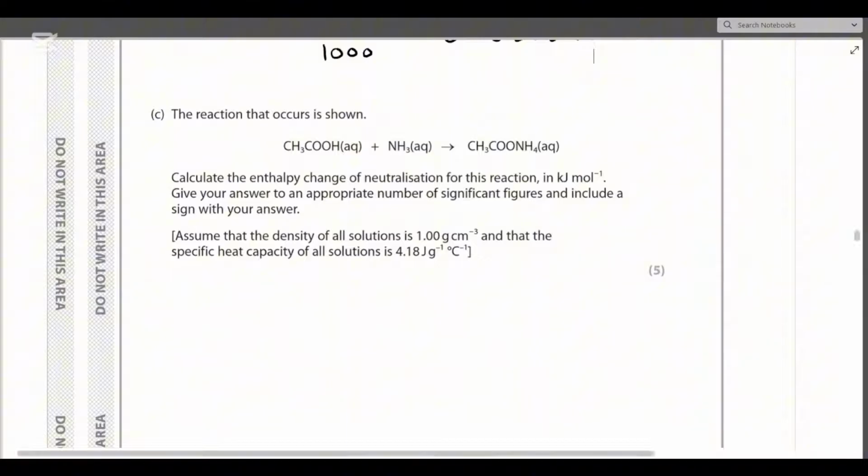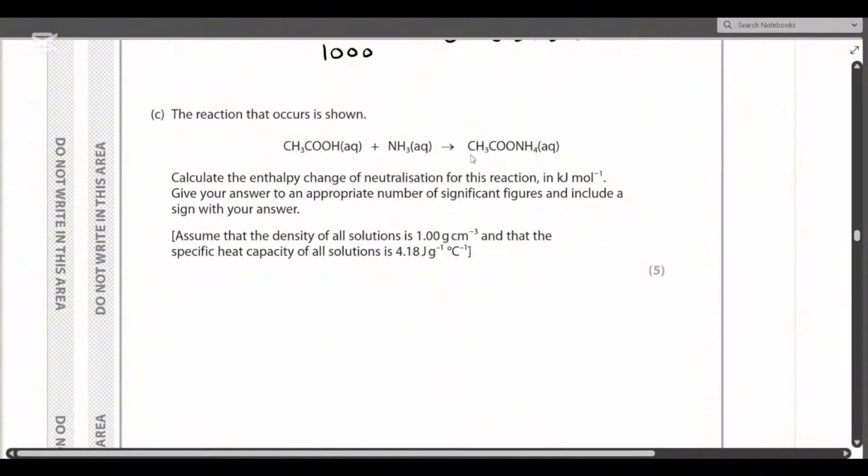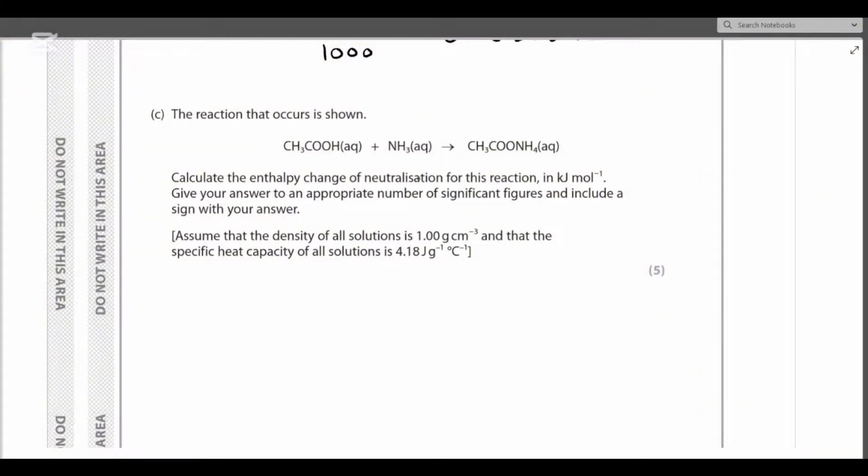Moving on, the next one said the reaction that occurs is shown. So you have the ethanoic acid reacting with ammonia, and then you have CH3COONH4. Now, this said to calculate the enthalpy change of neutralization for this reaction in kilojoule per mole, giving your answer to an appropriate number of significant figures. This is very important: please underline the parts of the question which are requiring you to get the desired answer. For example, the sign must be included, and an appropriate number of significant figures must be maintained